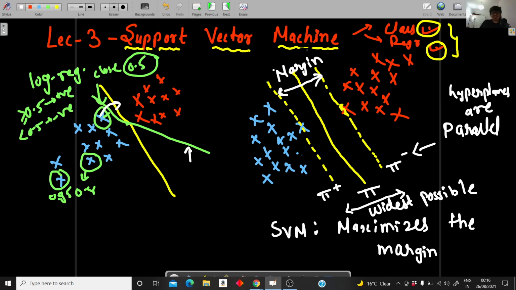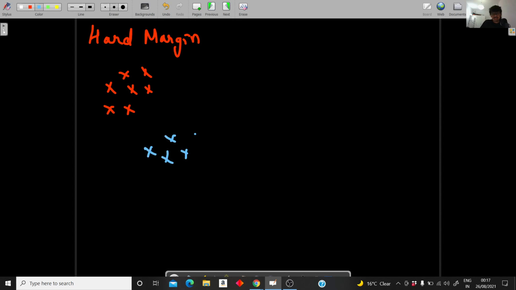Yeah. So now let's move towards the particular case. Now there are some terms called soft margin and hard margin. So let me start with hard margin, and it's really simple. Let me just draw the examples again. Let's say I have red, and let's say I have blue, and there is again the plane separating this. This time I'll be a little bit quick.